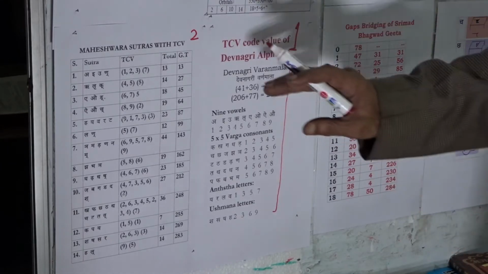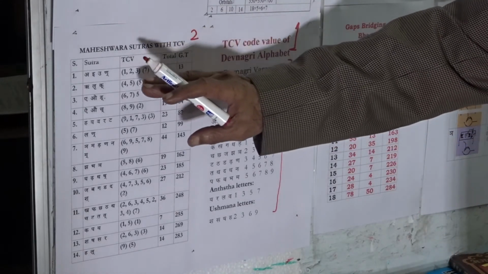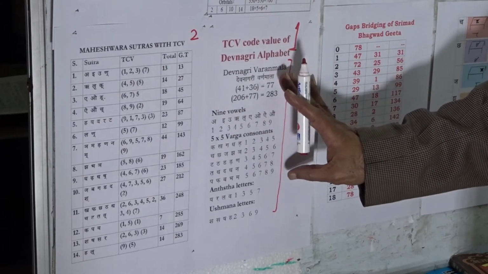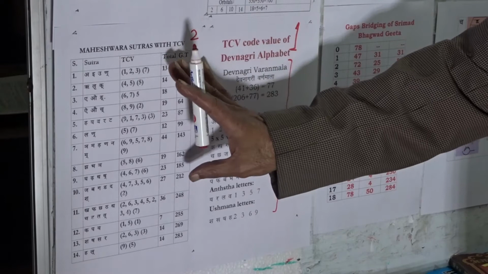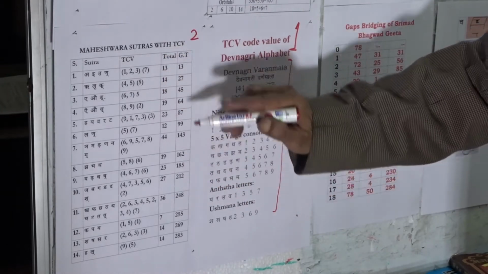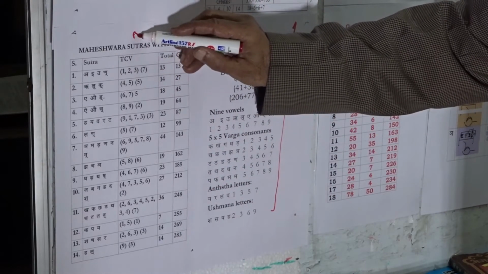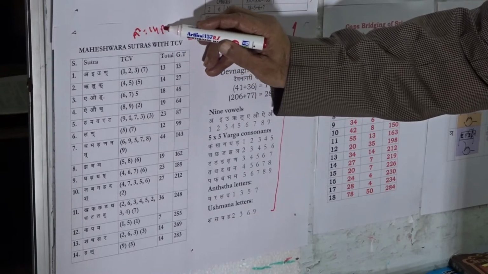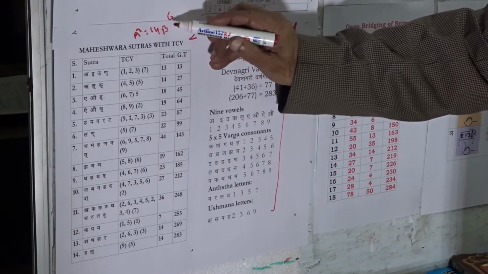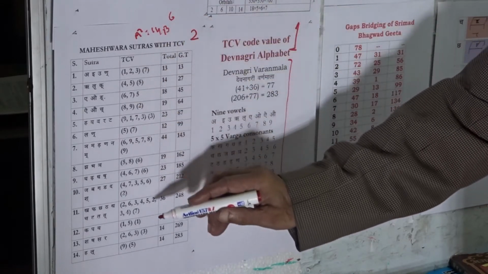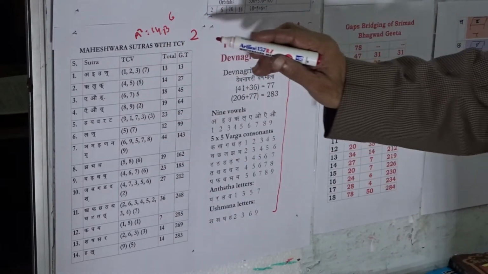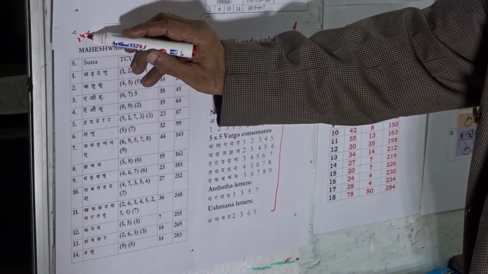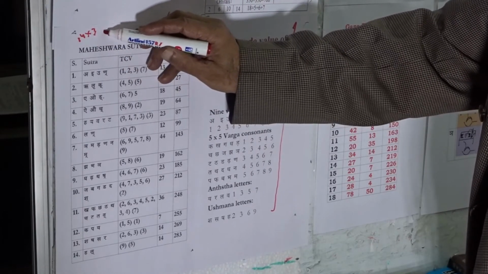And in terms of this organization of 42 letters of Devanagari Varnamala as 14 Maheshwara Sutras, we know that a raised to power 7 is equal to 14 b raised to power 6. There are 14 Maheshwara Sutras, and further we know that 14 into 3 is equal to 42, and value 42